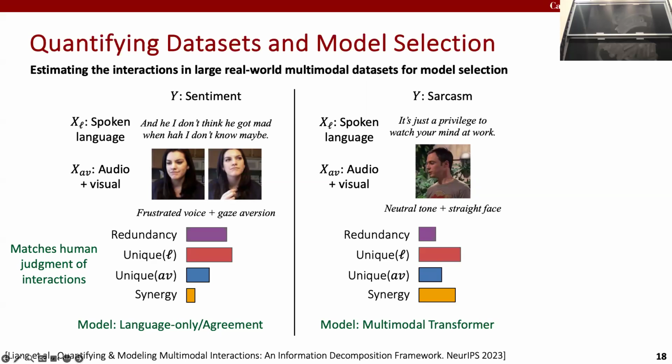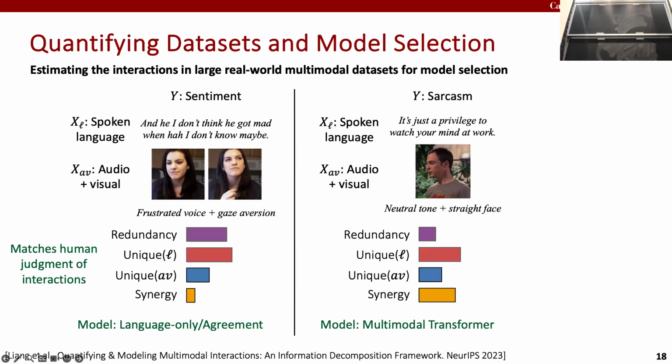But the two partition the data set somehow into examples that seem to be sarcastic. Well, these are two separate data sets. So this is a data set collected for sarcasm. All the labels are just happy, sad. And they have to both have the same modalities. Right. Most of these data sets are all supported on the same human communicated modalities, but they're separate data sets and how to select them.